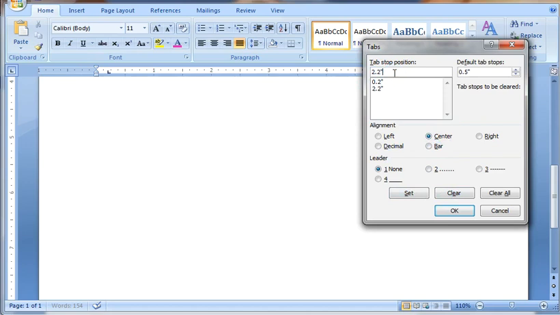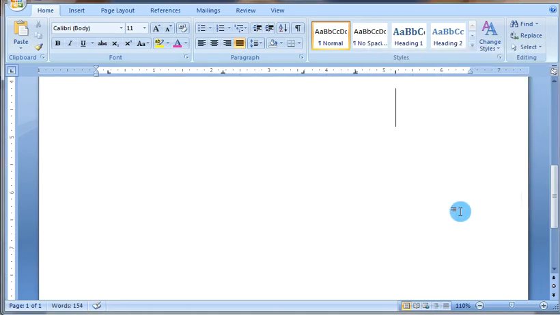Now I am setting the right position to 3.6, right and set, and decimal position 4.5, decimal and set, and 5.2 to bar, set. Okay, now I have set all the positions of the tab.